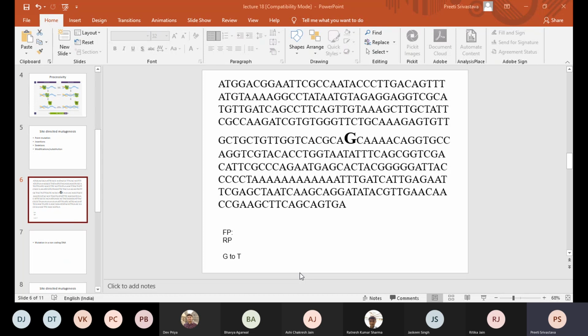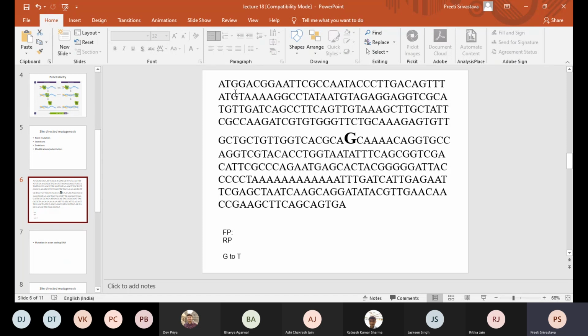So whenever you see such an ATG, it is likely to be a coding DNA because it has an initiation codon. When you are given just this sequence, you can imagine that it may be a coding DNA, but to be absolutely sure, you can count the triplets and see whether it ends with a stop codon.